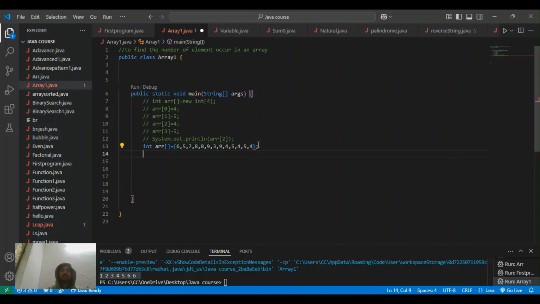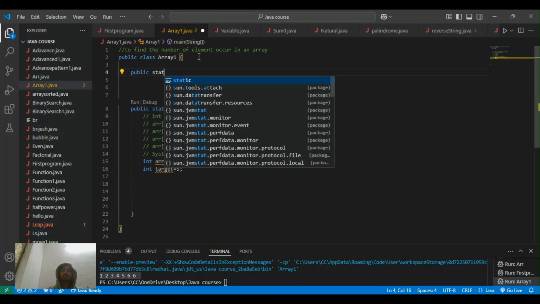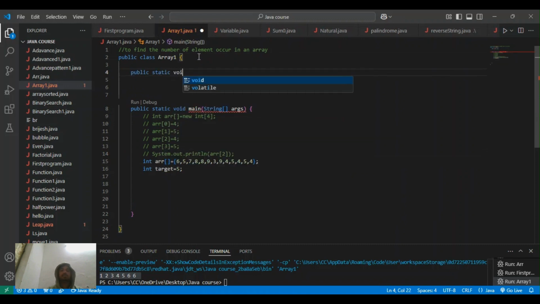So after this, I am taking another target, and we need to find how many times this target will occur in the array. We need to print the number of times it occurs. So here I am just going to create a new function. I have already discussed functions in a previous video. It is a void type, and here I am writing occurrence. Here I am passing the parameters, which are int arr, and after this I am passing in target,